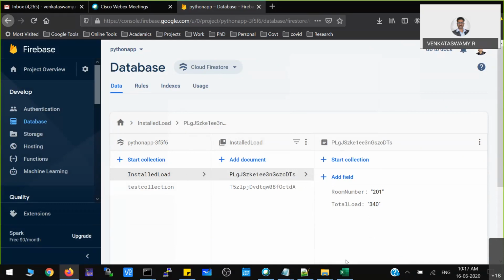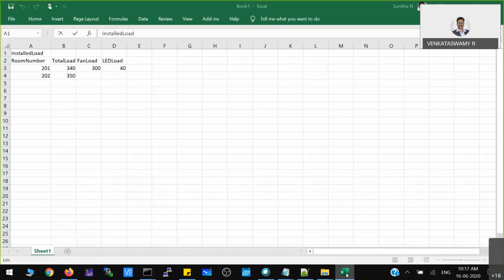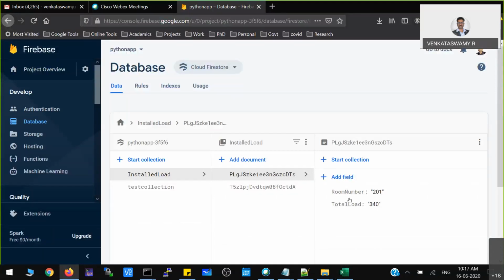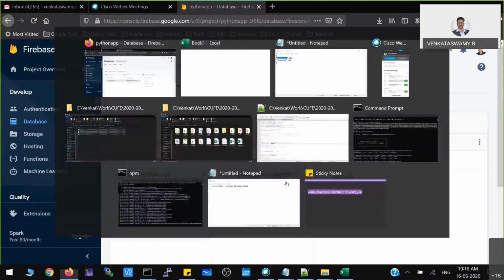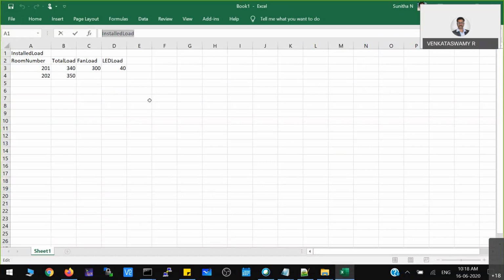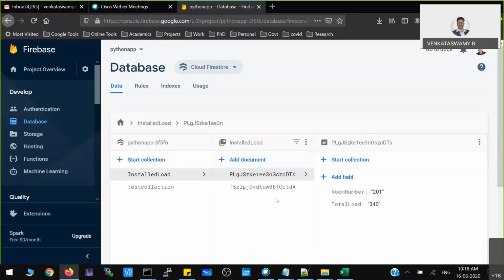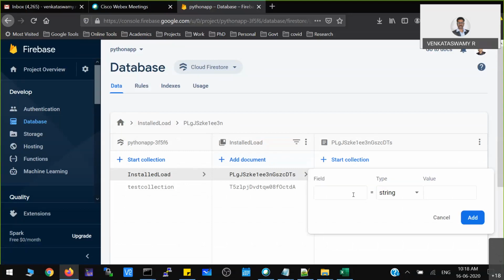Okay, so now basically I created these things. Now the advantage is, say for example, for the first document, according to us, fan load and LED load I also need to add. To add that kind of data, you just click here and go to field, and here you add fan load, which is 300.